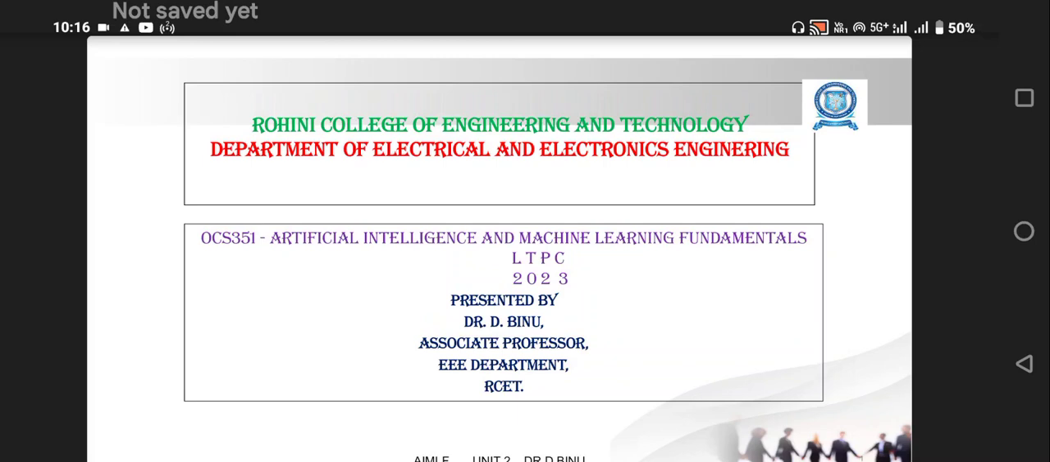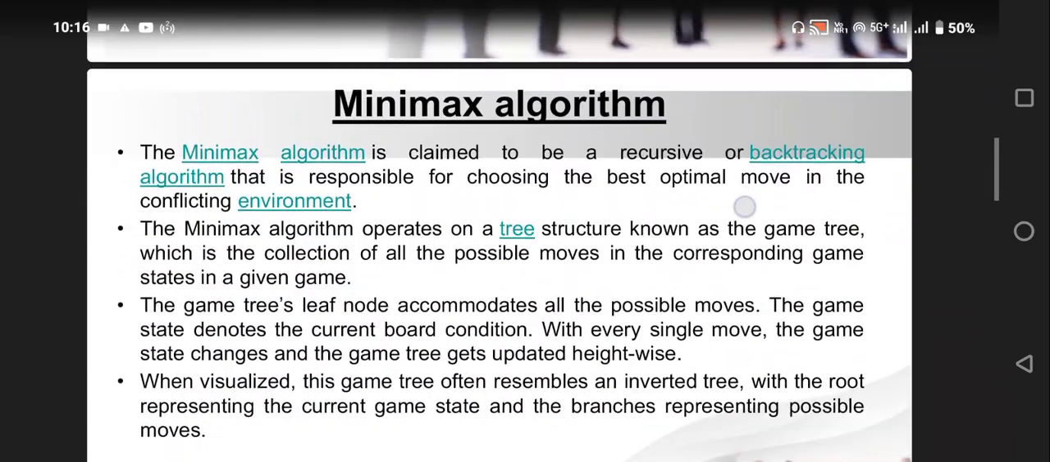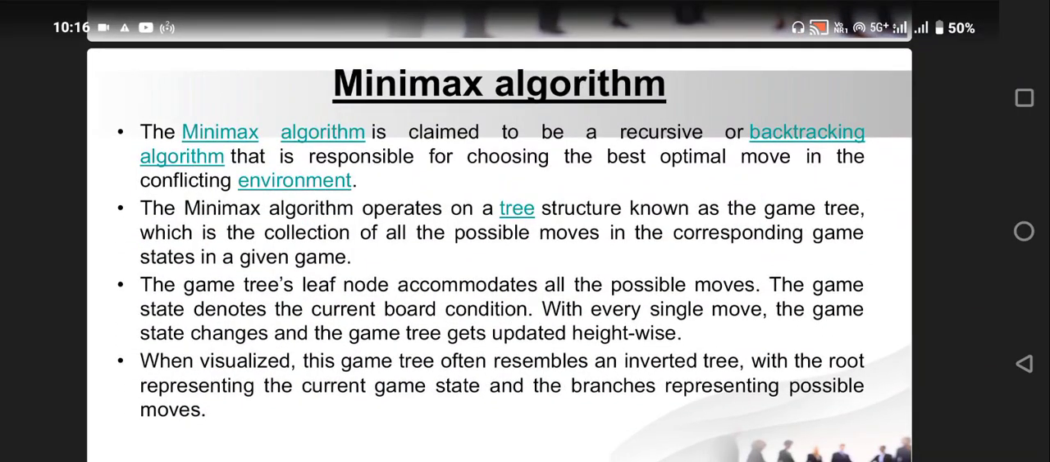I'm Dr. Binu. In Artificial Intelligence and Machine Learning Fundamentals subject, the third topic in the second unit is Minimax algorithm or Min-Max algorithm. What is meant by Min-Max algorithm? This algorithm claims to be a recursive or backtracking algorithm that is responsible for choosing the best optimal move in